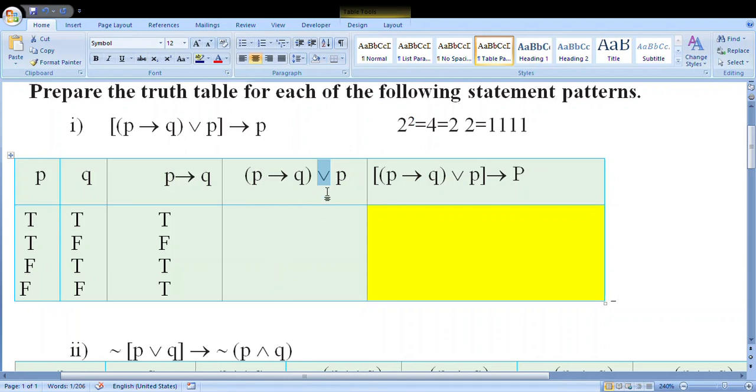The rule of OR states that if there is a single T, write the answer T. Meaning, in both the statements, if you see a single T, then write T. If both are T, then it's okay. But a single T is required, then only the answer is T. So here both are T's, therefore the answer is T. T, F means one T is there, so the answer is T.